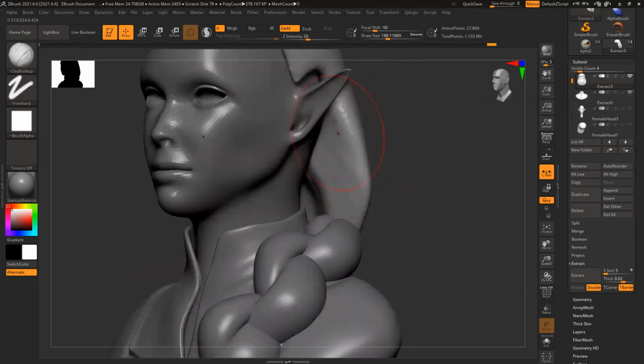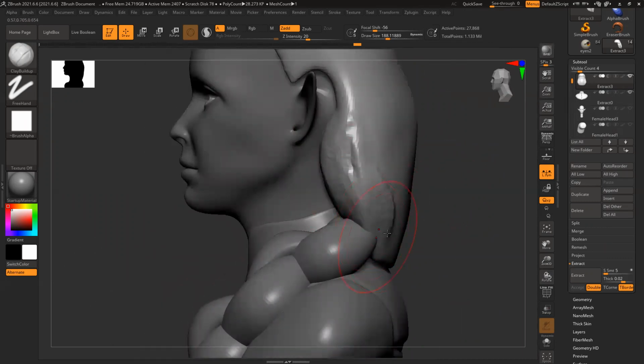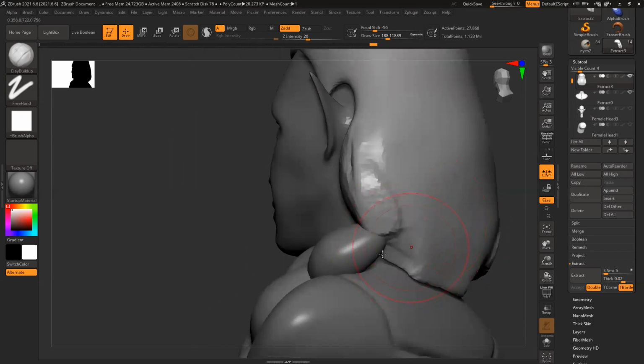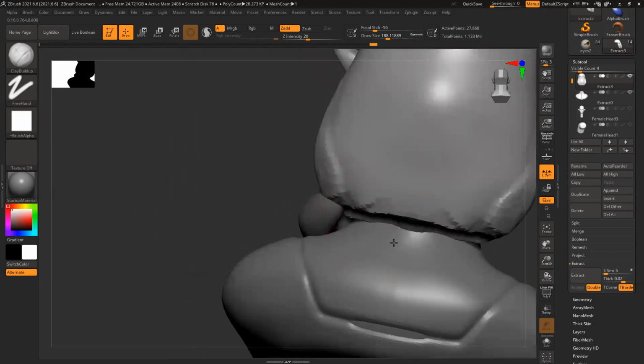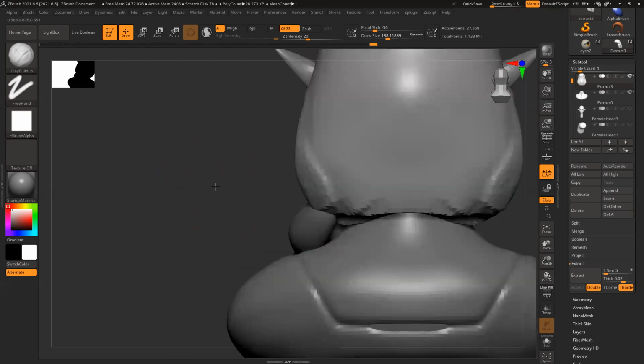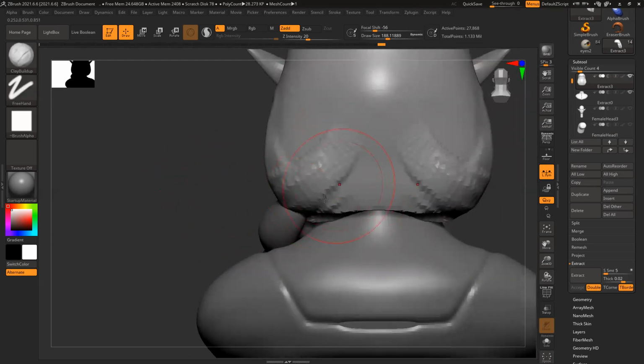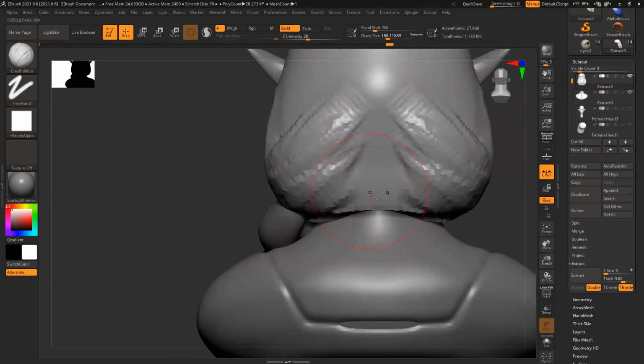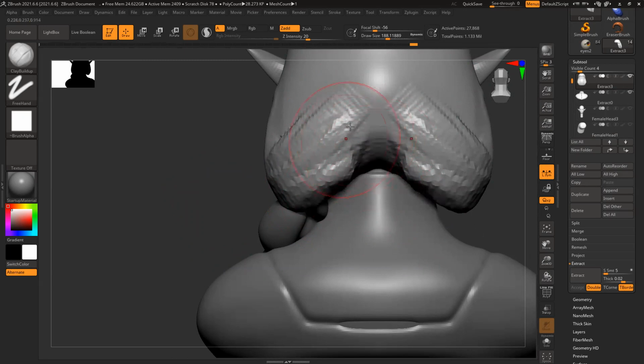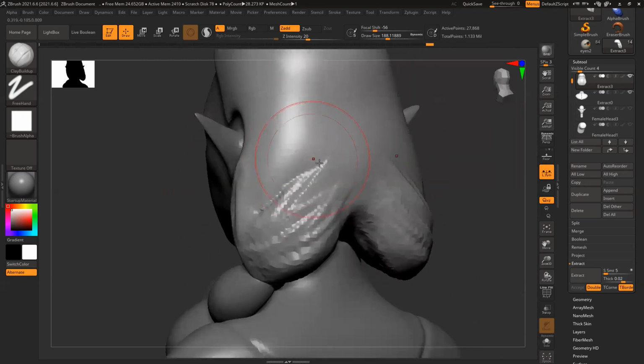Symmetry is on, so I'll just work on symmetry first. This is how hair bands usually look, braided stuff.